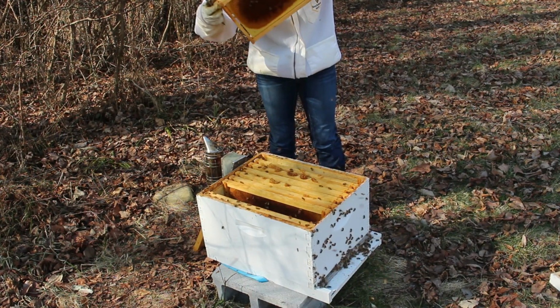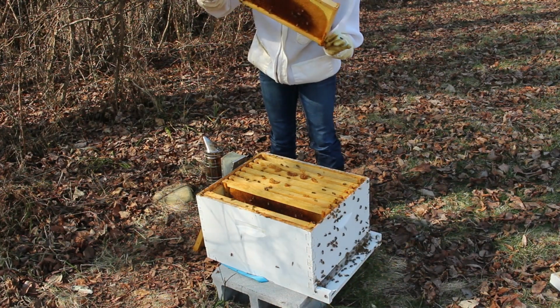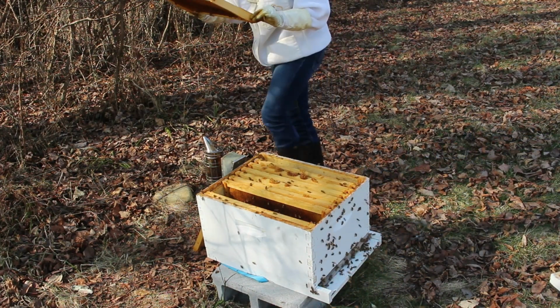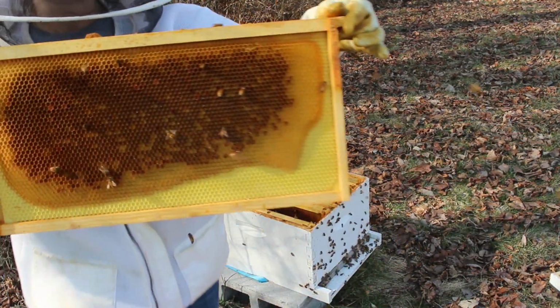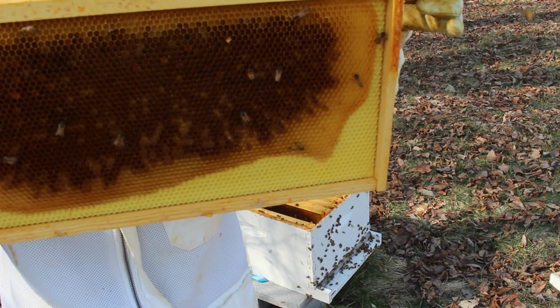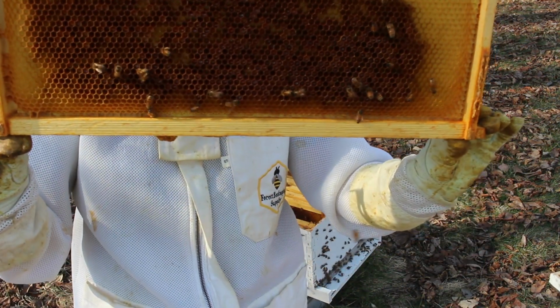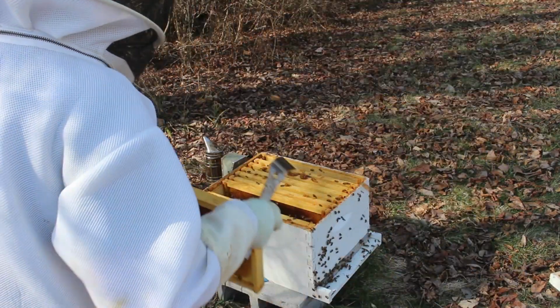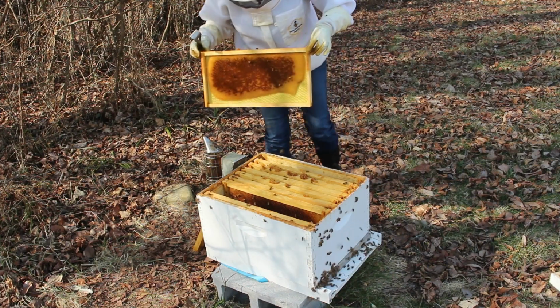Got a frame with pollen here, and just a tiny couple cells there. I've not specifically seen my queen, but there are eggs in here. They look like definitely they were laid by her. They don't look like they were laid by a worker. And our last frame